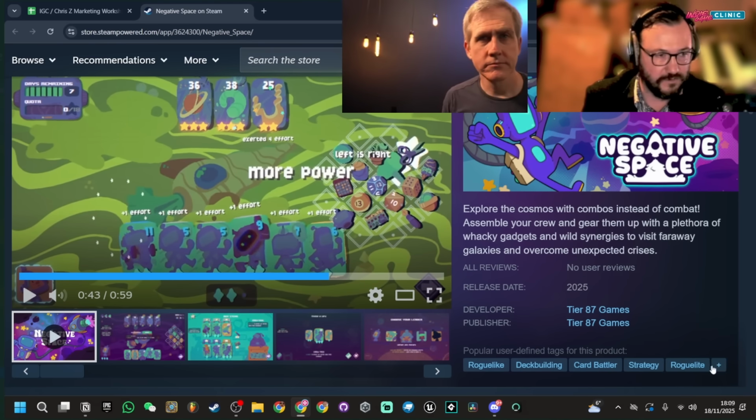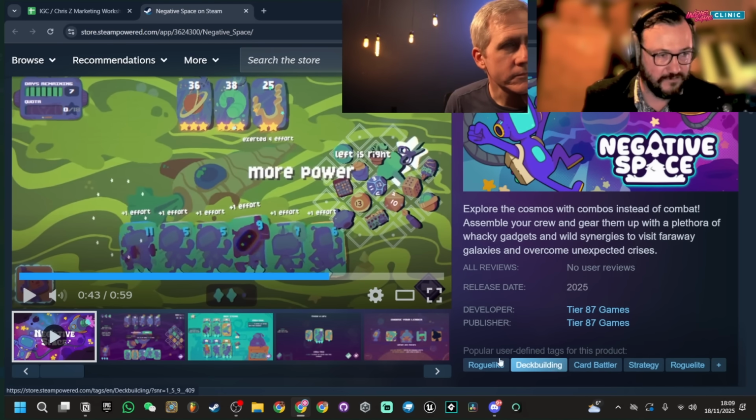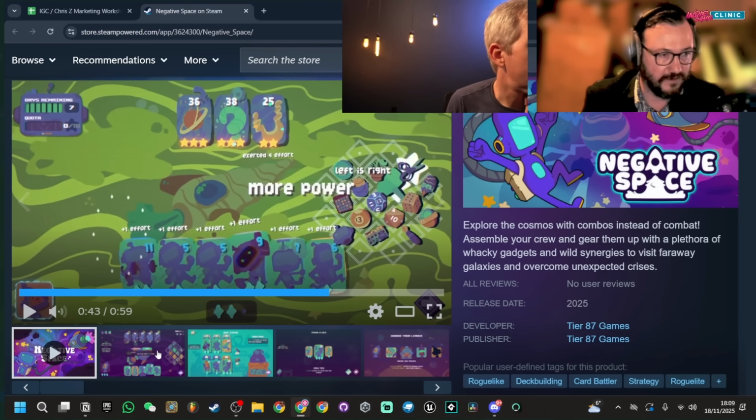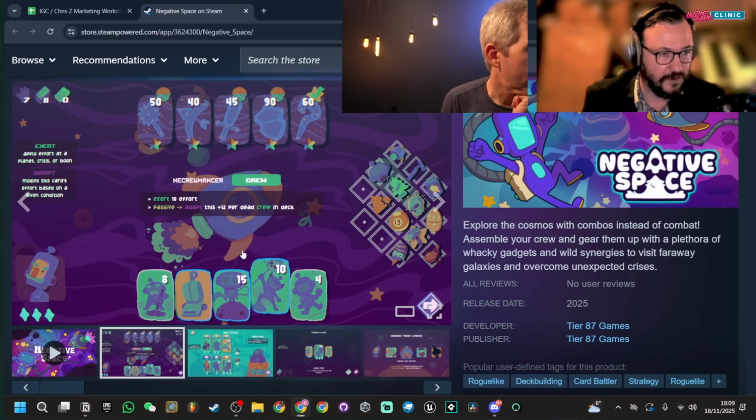So I would make sure that it had the cozy tag, because even if the developer's not thinking of this as a cozy game, this art style kind of puts it in that group. And cozy is not a game genre; it's just a general mood.